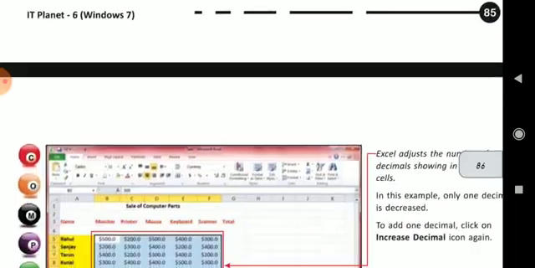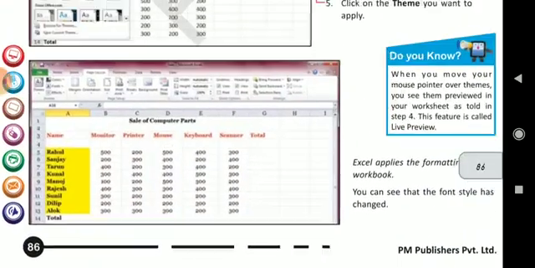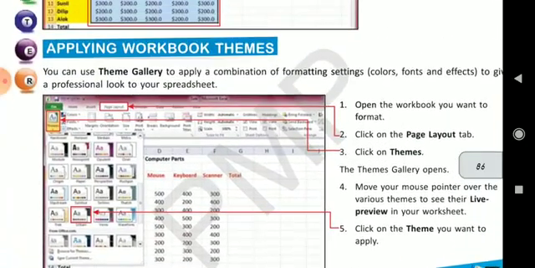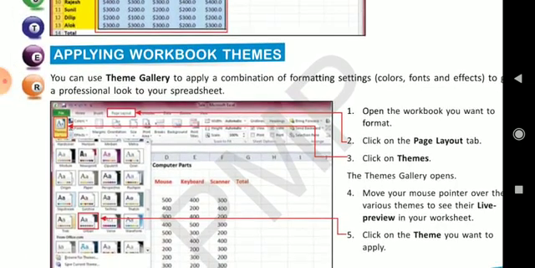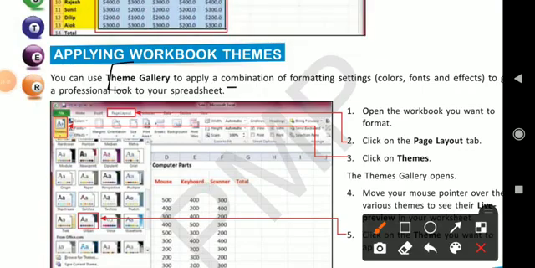On page number 86 you will get the answer. The theme gallery is used to apply a combination of formatting settings, colors, fonts and effects to give a professional look to your spreadsheet. This is answer number E.